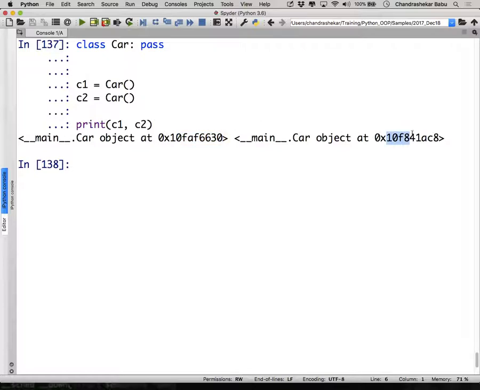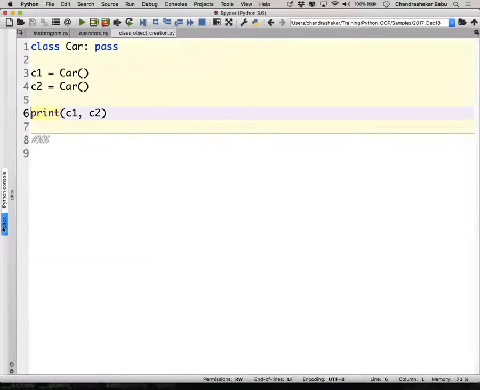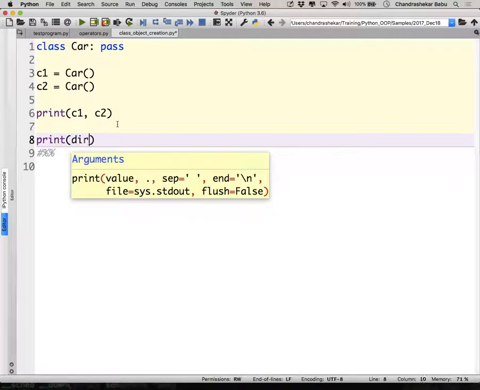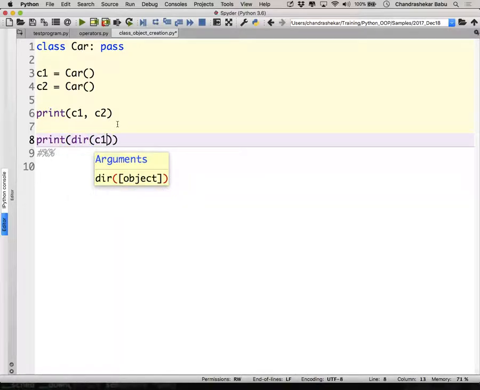There are two different car objects being created. Now, does this car object have any attributes? Let's just check. I'll say print dir of c1. dir will return the list of attributes of an object. Am I correct? I'll run this and show you the output.